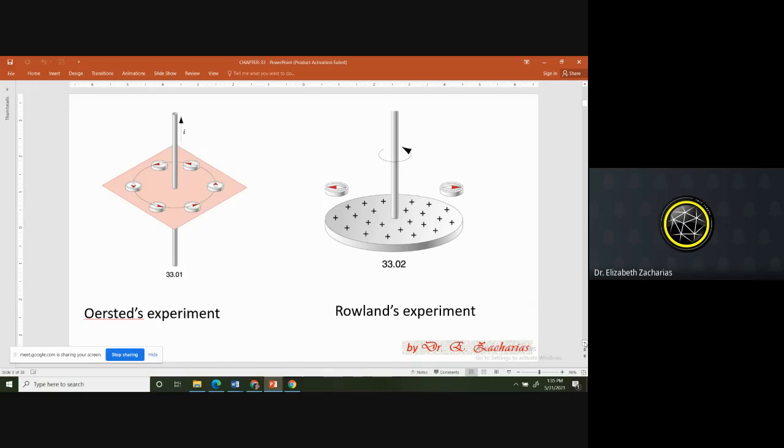So once again, you're understanding that here you have a charged body which is moving. When the body is moving, the charge is also moving, and it is giving rise to a magnetic field. So essentially, you come to the conclusion that moving charge creates magnetic field, current creates magnetic field.